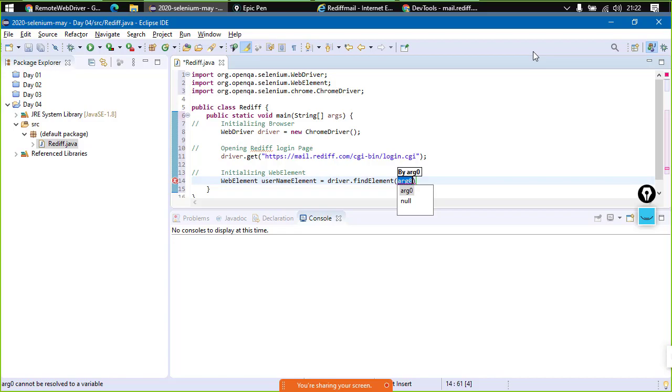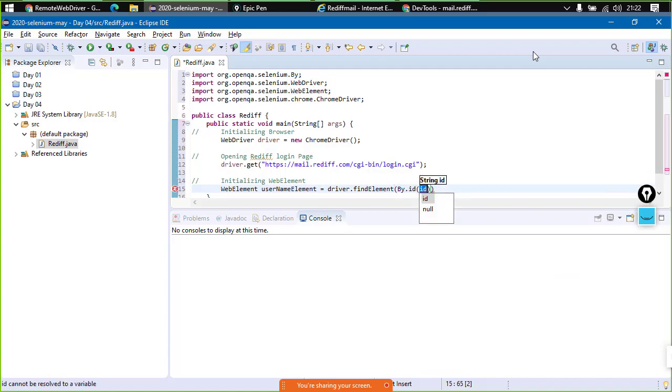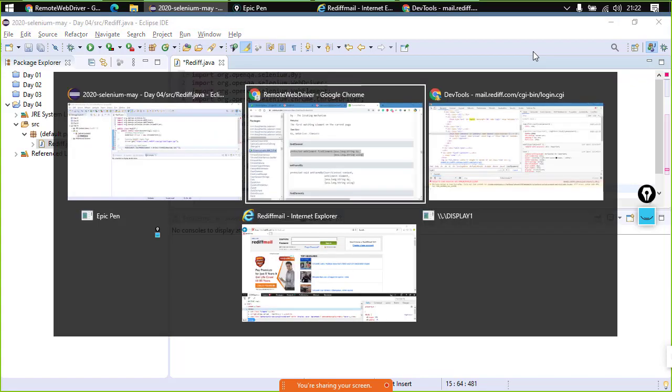So over here we have a By class, right, which has some data, and the methods are static. As you can see, the moment I hit dot, there are some methods. These are the ways with which we can retrieve the data. Now we have an ID, the return type is By, so By.ID. Now what is the ID of that element? We need to provide that ID here.